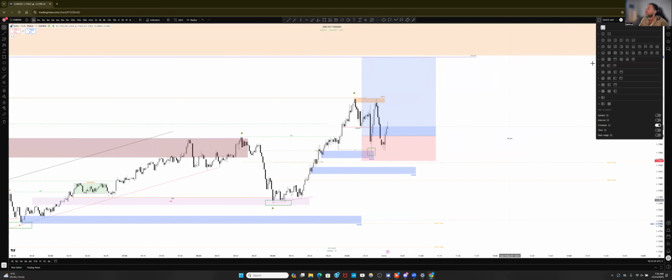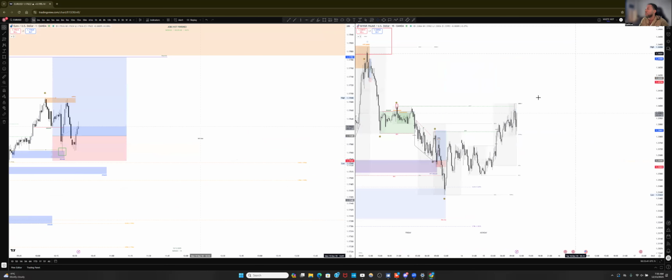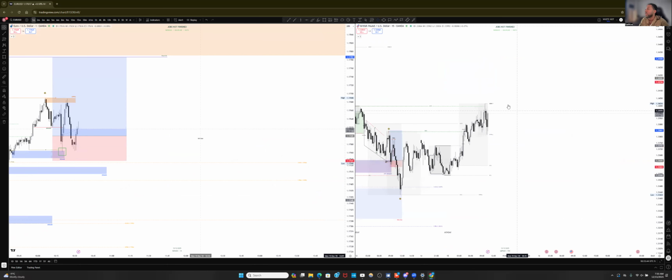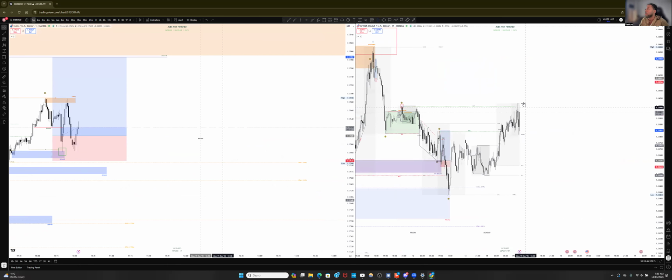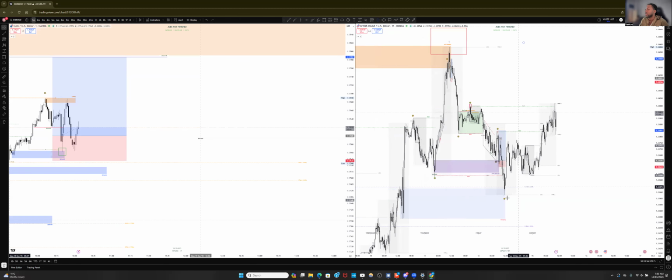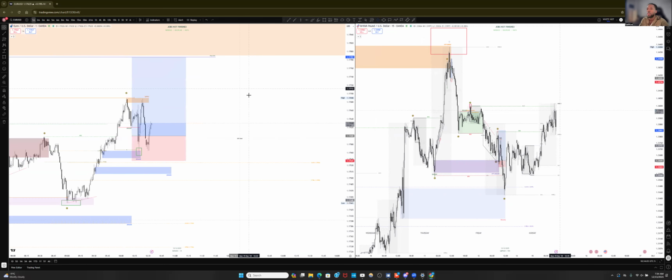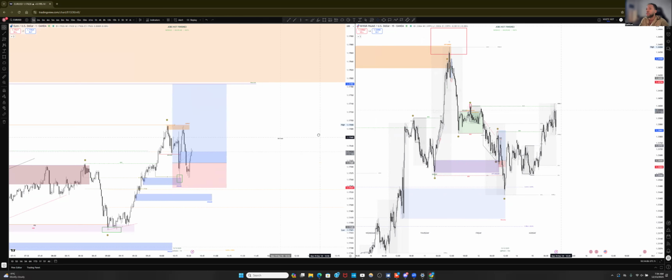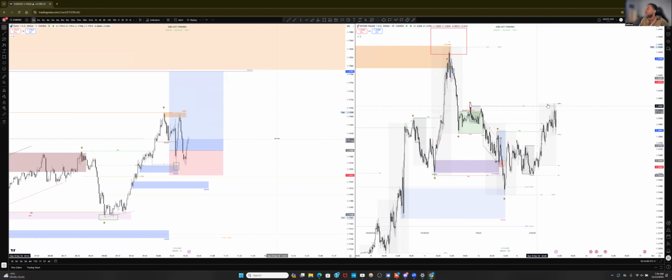Let's look at GU for a second. Remember, GU looked like it had a medium inducement, which was here, but it looks like GU could potentially come up and close it out, so that it wouldn't be classified as a medium inducement. Because GU did come off of this high time frame zone, pushed up here, and induced this high. So for GU, it could come and close out this so-called medium inducement and make it a regular, minor inducement. Let's keep that in mind.